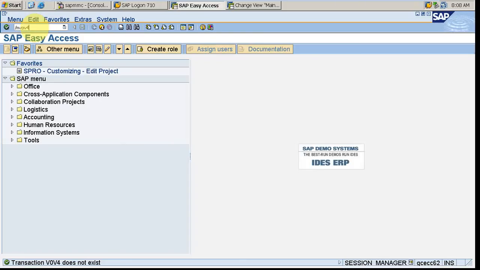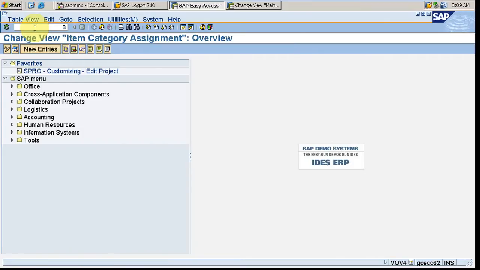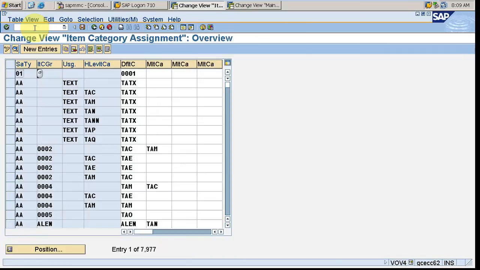VO, V4. So like order type NB, item category 5, account assignment category 1. Okay, so these are more important.